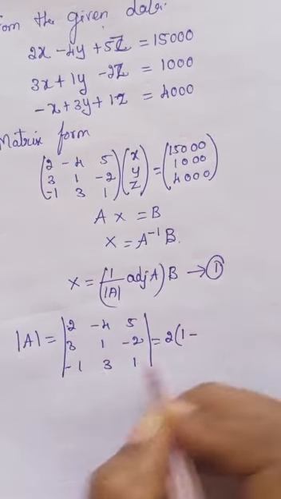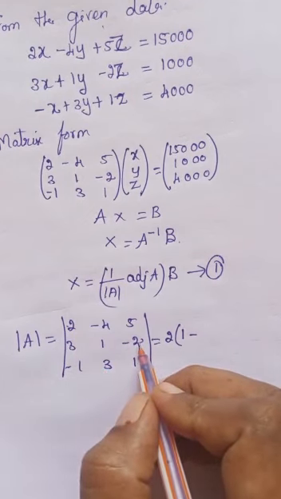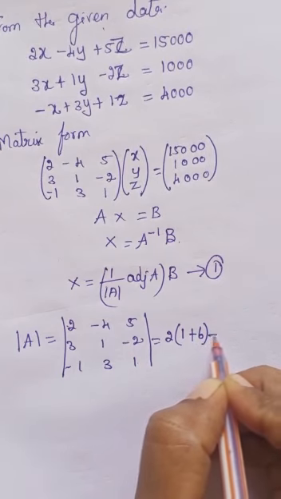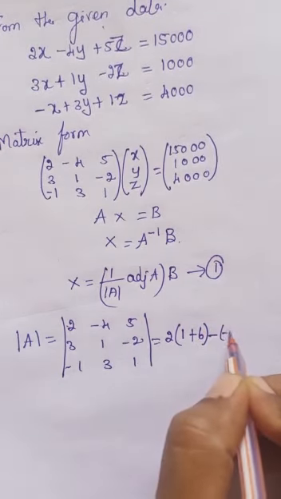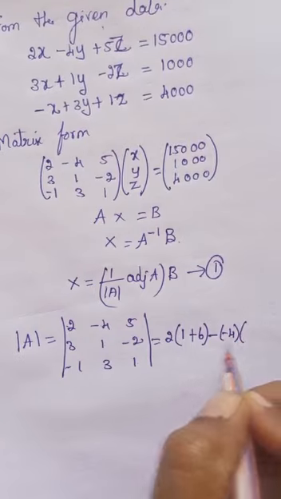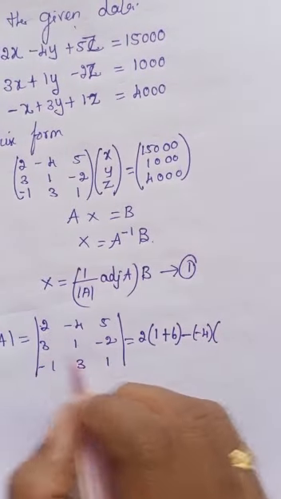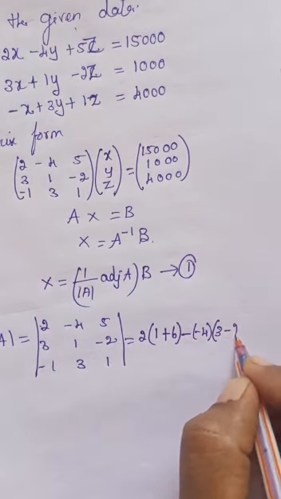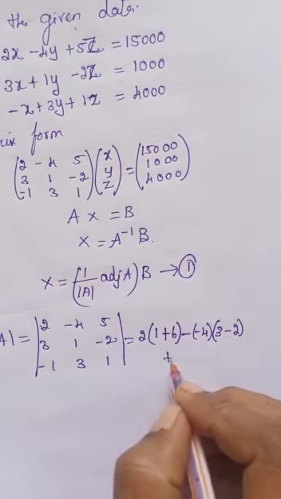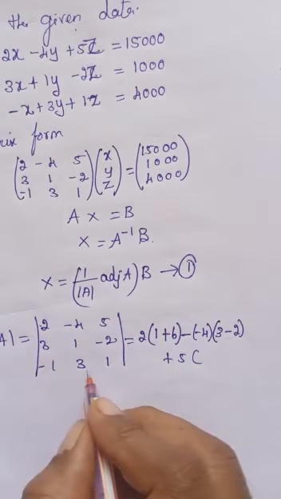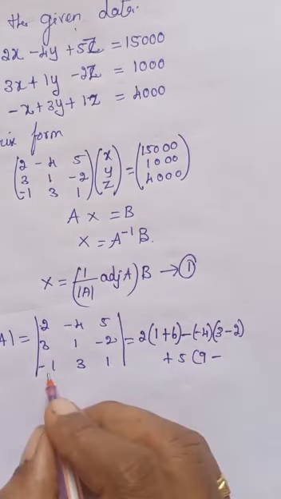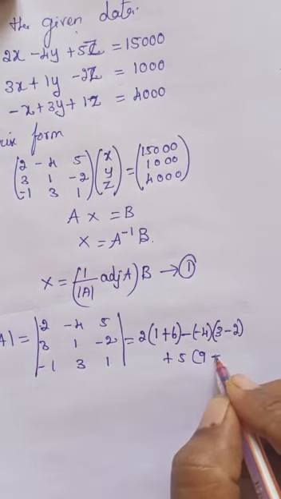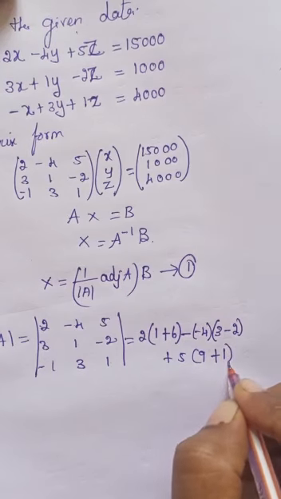This is 1 minus 3 into minus 2 is minus 6. Since here we have a minus, it will become plus 6. Minus, here also we have the number minus, so minus 4 into, leave that row and column, 3 into 1, 3 minus 1 into minus 2, that is plus 2. Then the next value, plus 5 into 3 into 3, 9 minus 1 into 1, that is minus 1. Since here we have a minus, that is plus 1.